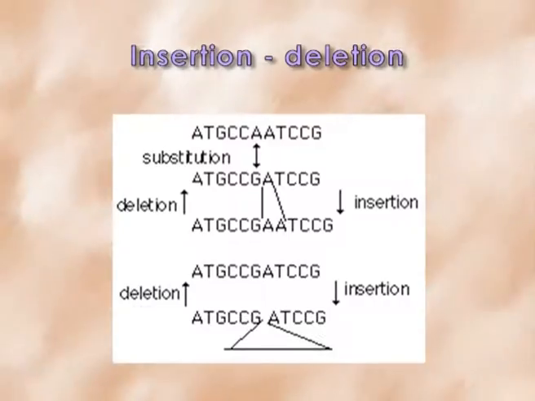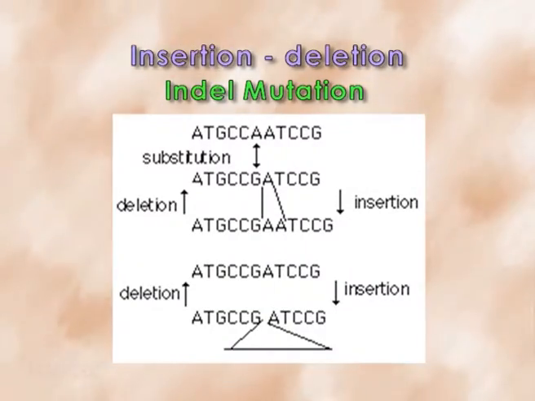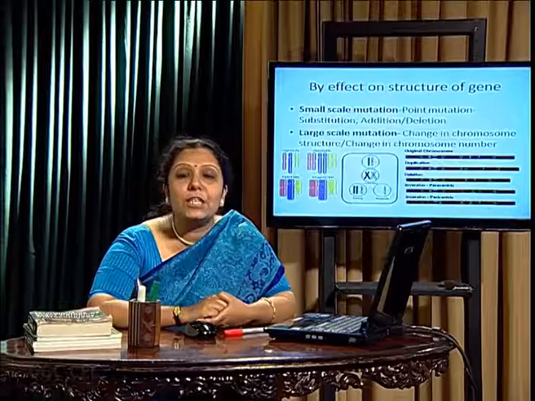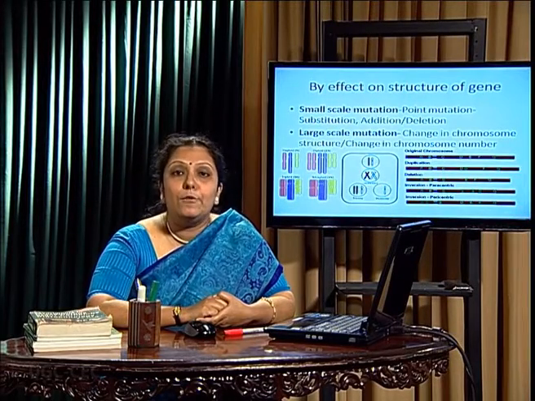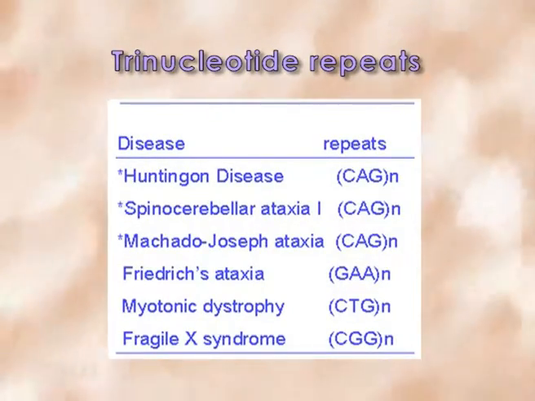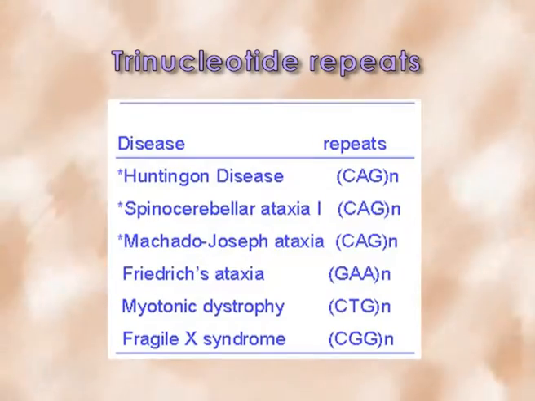Next, in case of point mutation, other than this, we can find the larger extent, that is insertion or deletion. Together it is called indel mutation. In case of indel mutation, we can find the addition or deletion of one or two nucleotides. The insertion is somehow regulated. We can find the addition of trinucleotide repeats, like CAG repeats, CGG repeats in case of Huntington disease. The trinucleotide repeat gives rise to the genetic disorder.